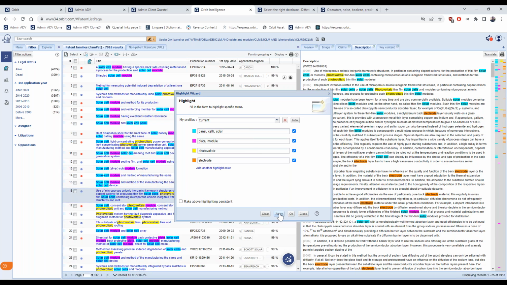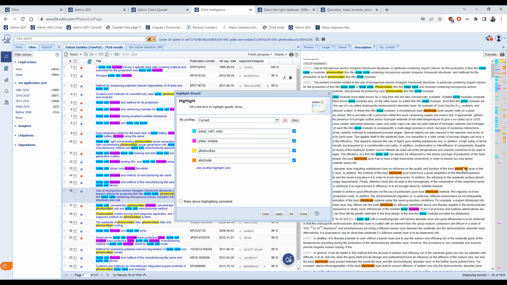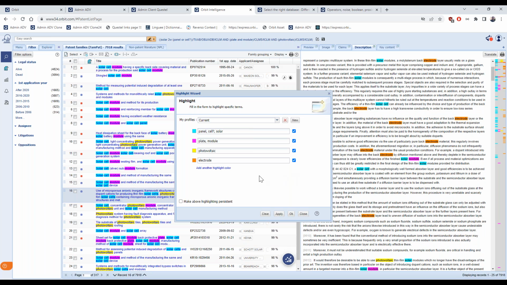I apply this new highlighting pattern, and I can see straight away the new change.